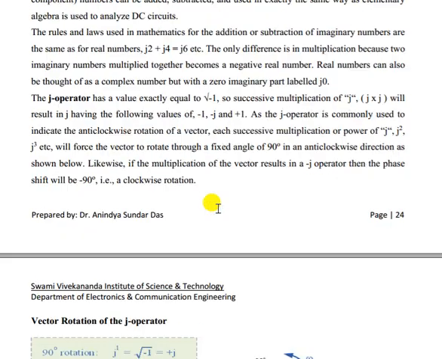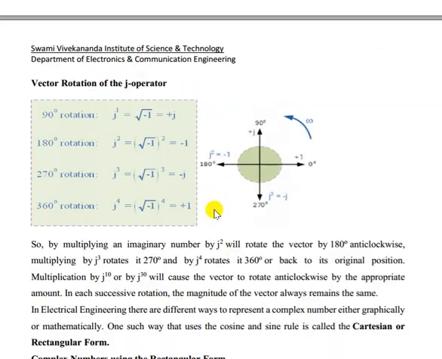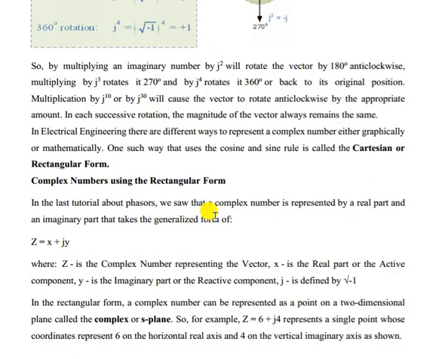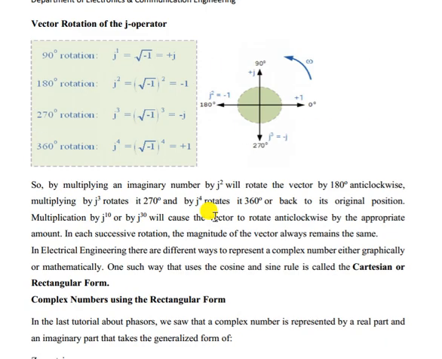Now in AC circuit we have a complex number system. Okay, that is the main point, and that can be written in rectangular and Cartesian form. Now complex number is nothing but j. J term is nothing but root over of minus 1, or that is plus j, which means it is plus 90 degree. Okay, and j square is nothing but root over minus 1 whole square, it is minus 1. So this value is on 180 degree, and j cube is again minus j, so that is 270 degree, and j4 it gives you a plus 1 again, so that is along the 0 degree.